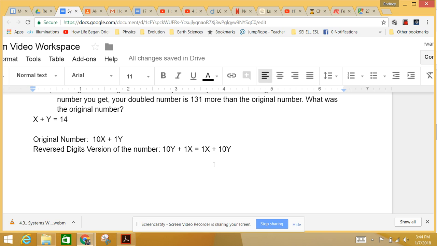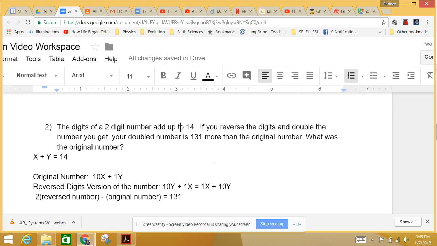I've got to double my reverse number minus my original number, and that's going to equal 131. All right, so that's what it says. I've doubled my number, I reverse the digits, I double the number I got, and now I'm 131 more than my original number. So let's go ahead and replace